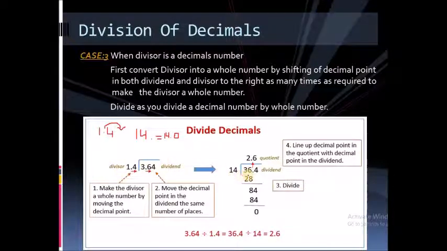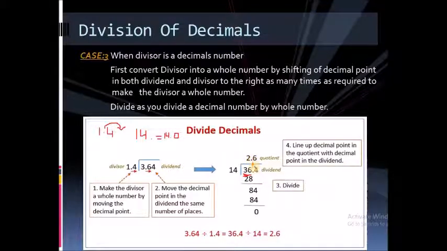Okay. Now this is the same case that we have studied in case 2, when you divide a decimal number with a whole number. You have to divide similarly. Here you can see 36 is in the whole part. So you have to divide 36 by 14 first. It will go 2 times. 28 will be here and you will subtract both of these numbers. You get 8. Now my decimal point arrives. So whenever my decimal point arrives, I have to put a decimal point in my quotient as well.